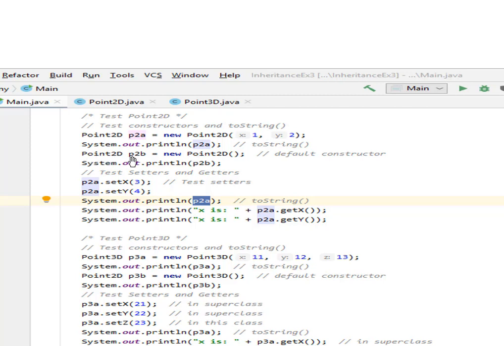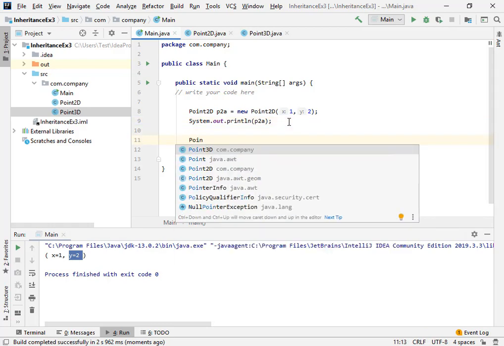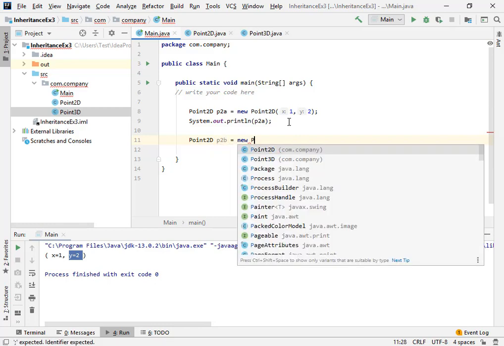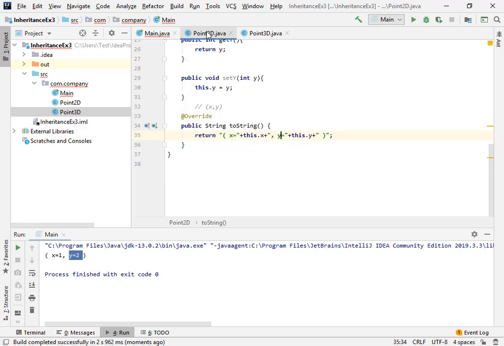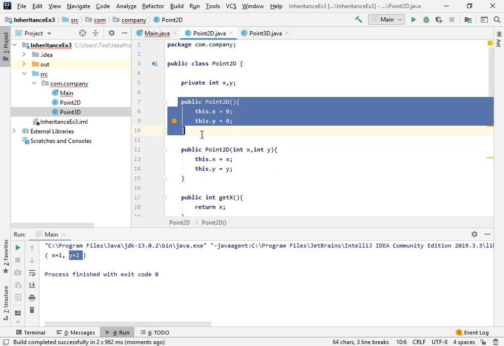Alright, moving on, now we're going to make one more object using the Point2D class, and in this particular example we're going to call the default constructor. Okay, so what would happen now is the values contained within x and y will be 0, because you know that we have initialized the default constructor to initialize the values of x and y equal to 0, right? Here you can see that.